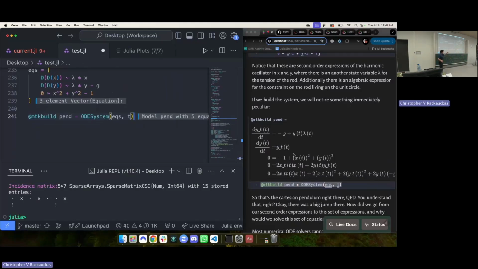You've never seen a pendulum written like this, right? So where does this come from? Why is ModelingToolkit doing this? Understanding why ModelingToolkit is doing this will help you understand why you want to use ModelingToolkit for all of your differential algebraic equations. So,